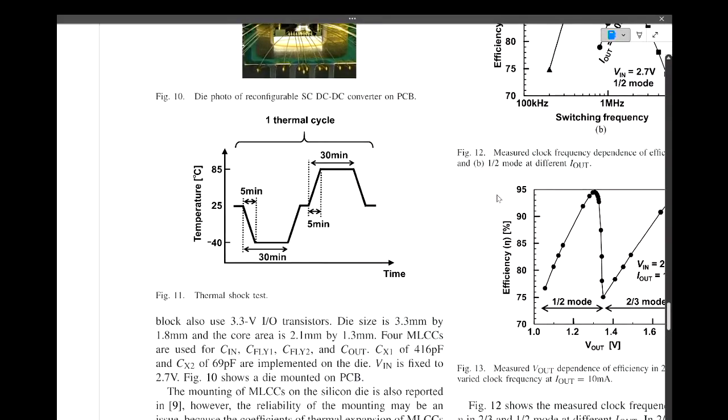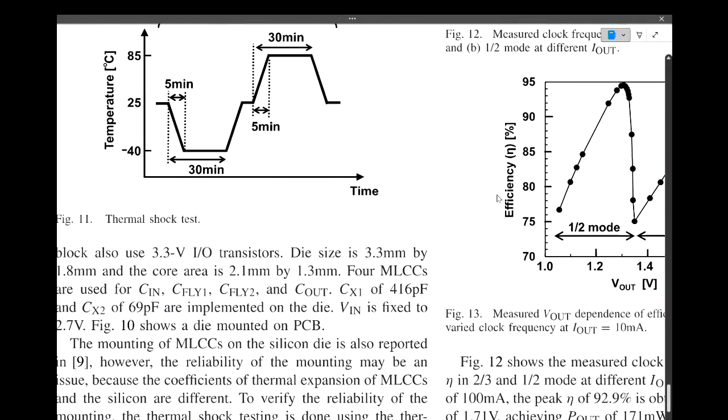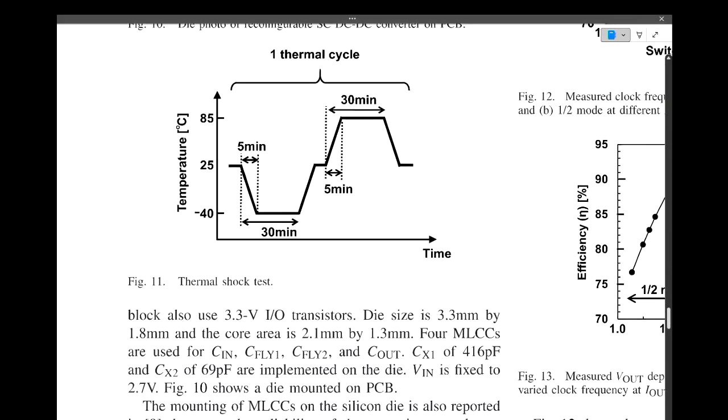So a thermal shock test is used to resolve it. We repeat this test for 100